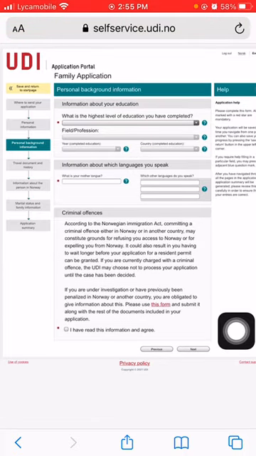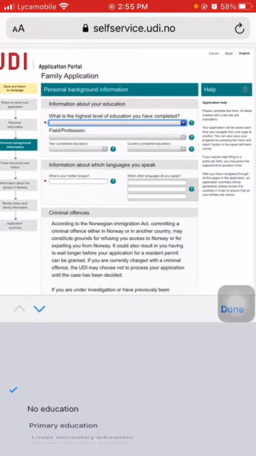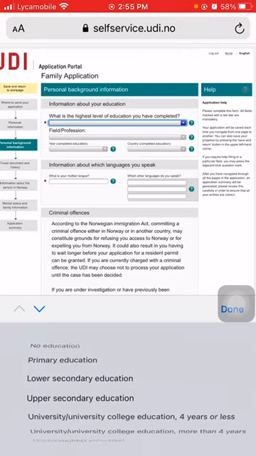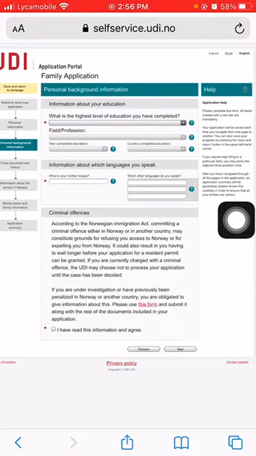Then it will ask you information about your education. What is the highest level of education you have completed? Then you can select your education level from one of these options. Once it is done,